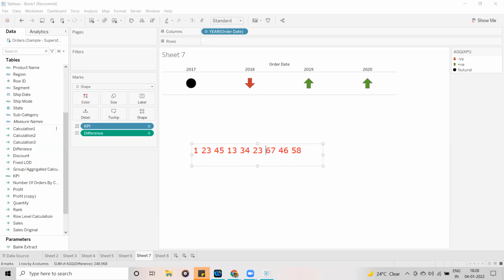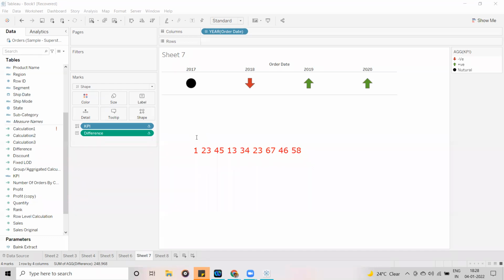Some logic is there behind it. So the percentile tells how many values fall below it. Mathematically this is how it is calculated, and in Tableau also it follows the same approach.